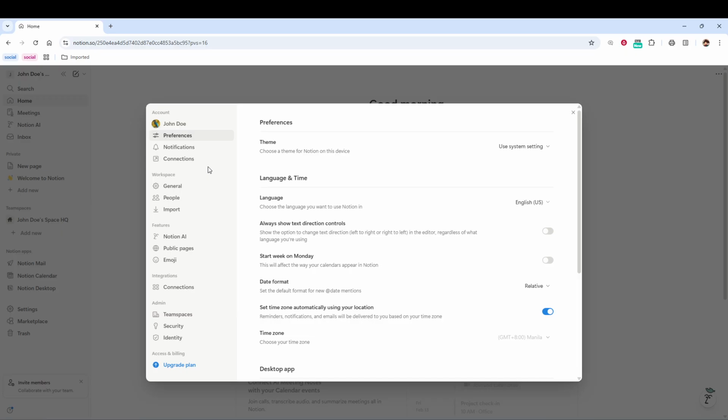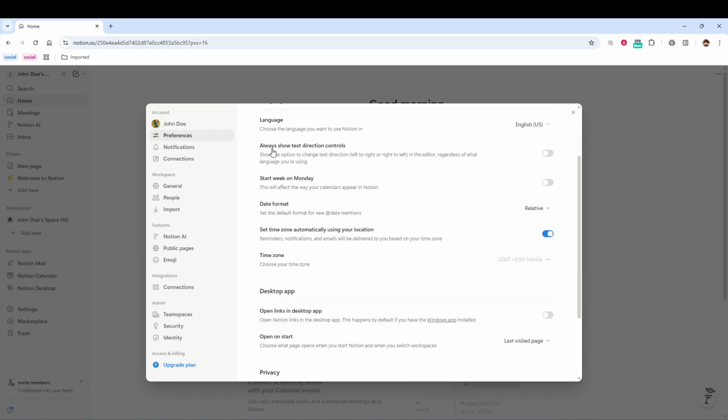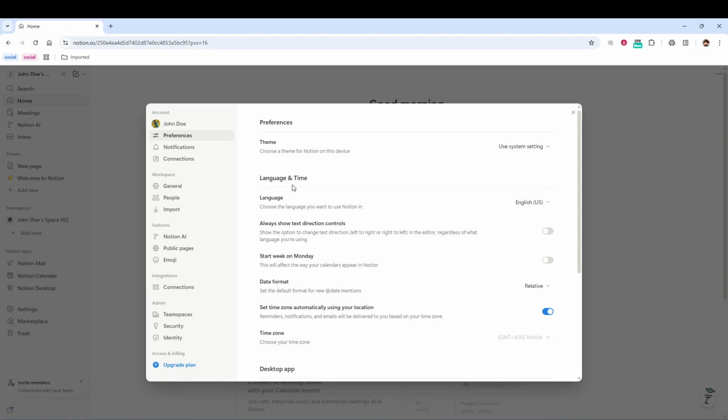Once the settings window is open, focus on the smaller sidebar inside that window. Here, you'll see several categories related to your account and workspace. Under the section labeled Account, find and select the option called Preferences. This is where Notion groups together things like your appearance, language, and region settings, so it's the place you need